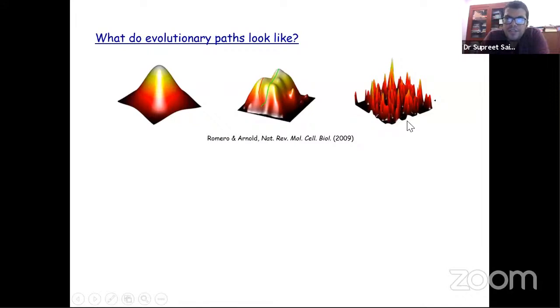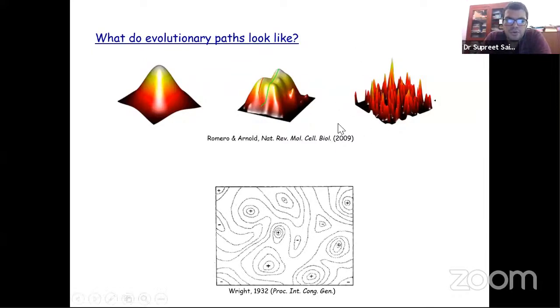And if this phenomenon called epistasis is extremely prominent, then you have a fitness landscape which looks like the picture that's shown on the right, which is just deep valleys and extremely sharp peaks, and a whole bunch of them. And obviously the evolutionary outcome in such a context becomes a highly noisy process, a very chance-dependent process. And this is one of the factors which brings in chance that I believe Kavita must have talked about whenever she was here.